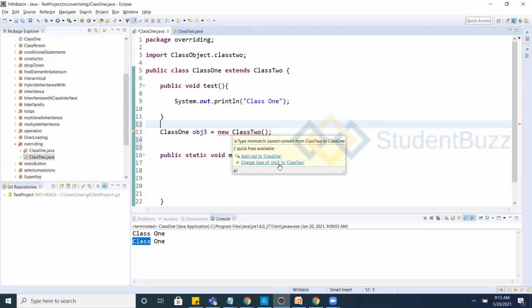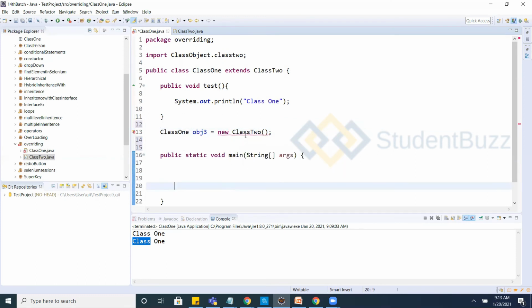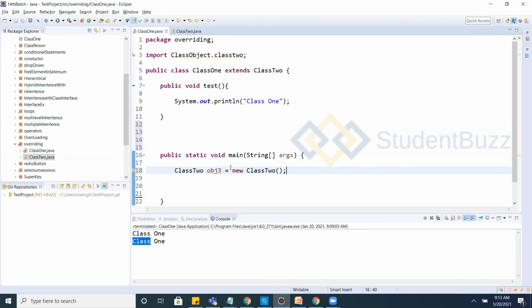When the parent class reference refers to the parent class object, class 2 is the parent class, right? It is also referring to the parent class.